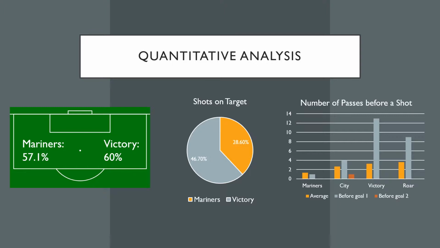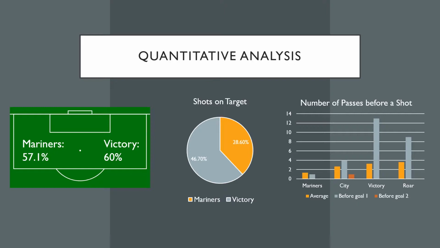Also, both teams scored their only goal from inside the box. The Mariners averaged just 1.33 passes before a shot, the least amount of all teams. City averaged 2.67 passes before a shot, then Victory with 3.27 and Brisbane with 3.58. So given City averaged almost a pass less than the Roar, this is something the Mariners will have to be